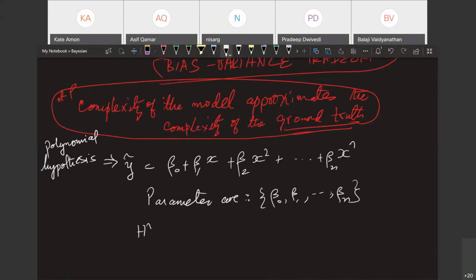But in this, there is a hyperparameter. What is the hyperparameter? What is it that you can't just directly learn by gradient descent? It is n, the degree of the polynomial.